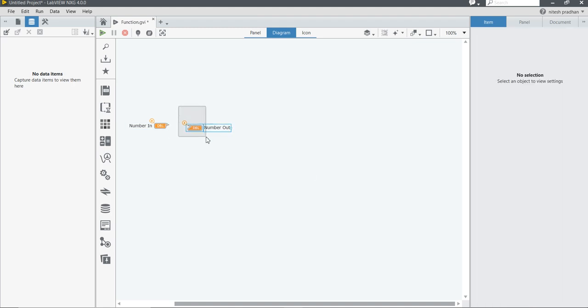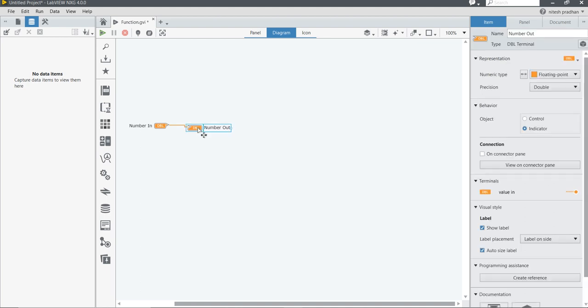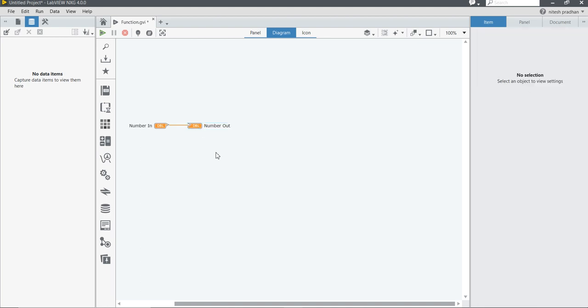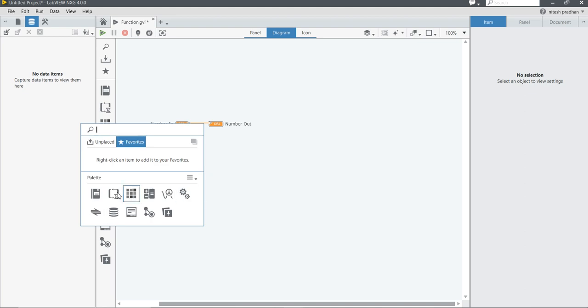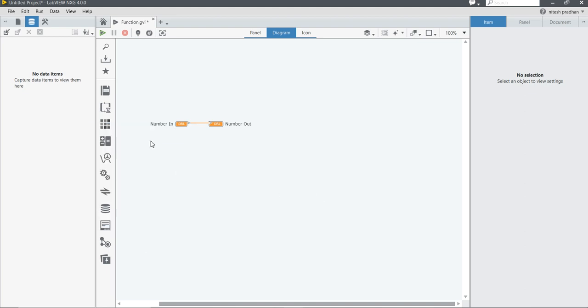Now let's try to connect this control with the indicator. Nice. Now I want to use a while loop here.